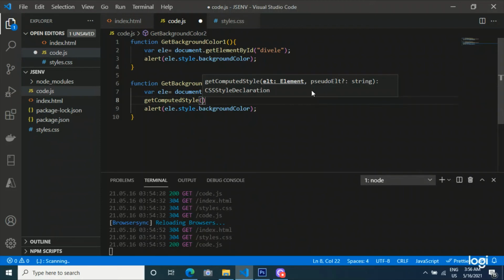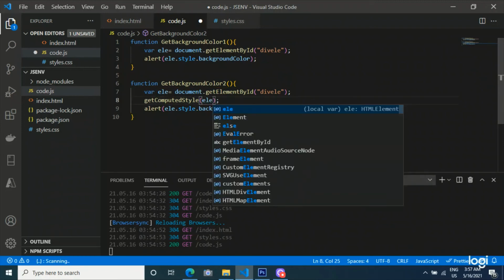See, getComputedStyle expects 2 arguments. One is mandatory, one is optional. The mandatory one is element, the optional one is pseudo element, which is a string type. So I will pass the fetched element, which is stored inside element, to the getComputedStyle method.